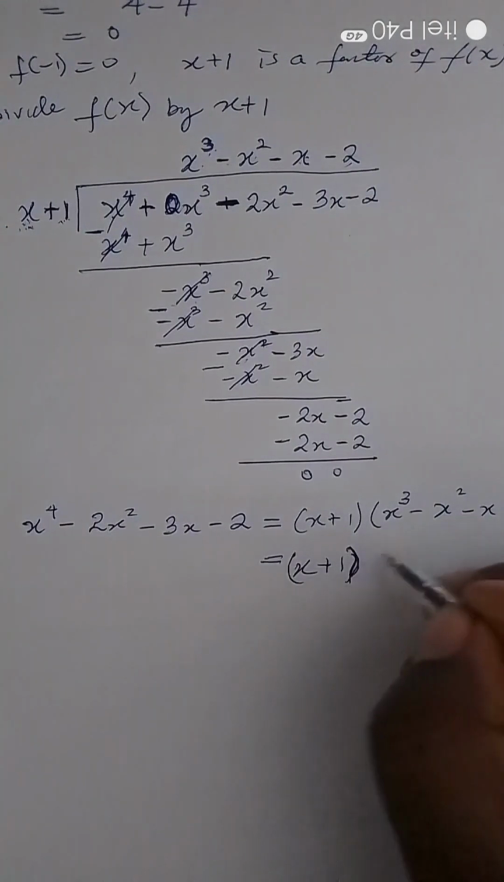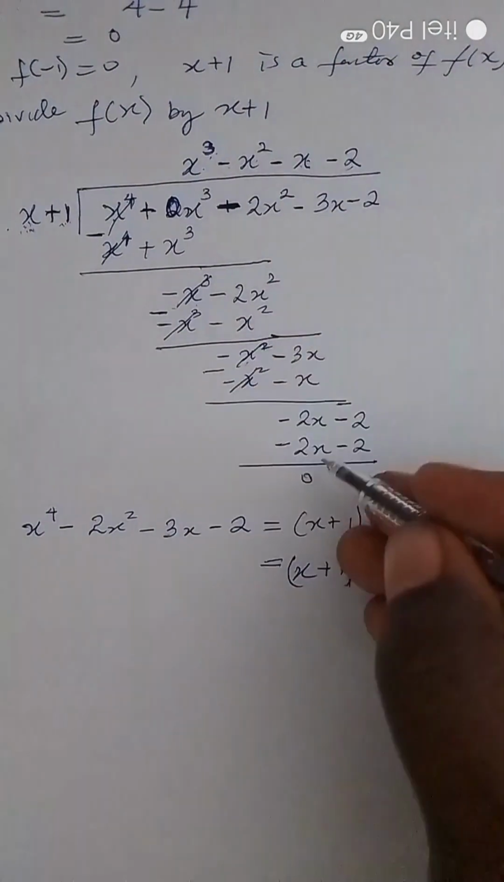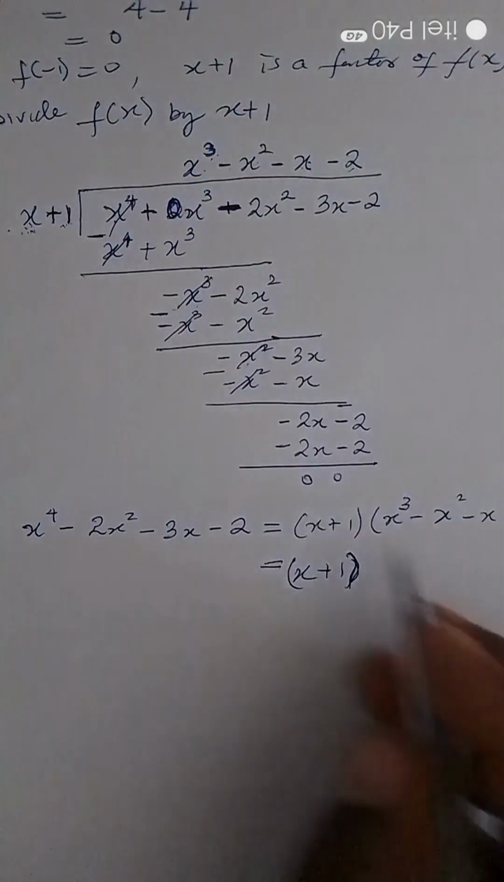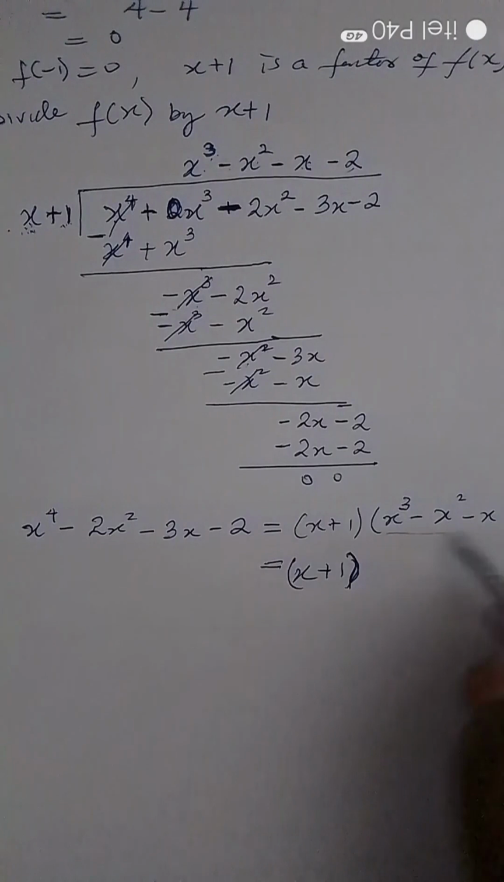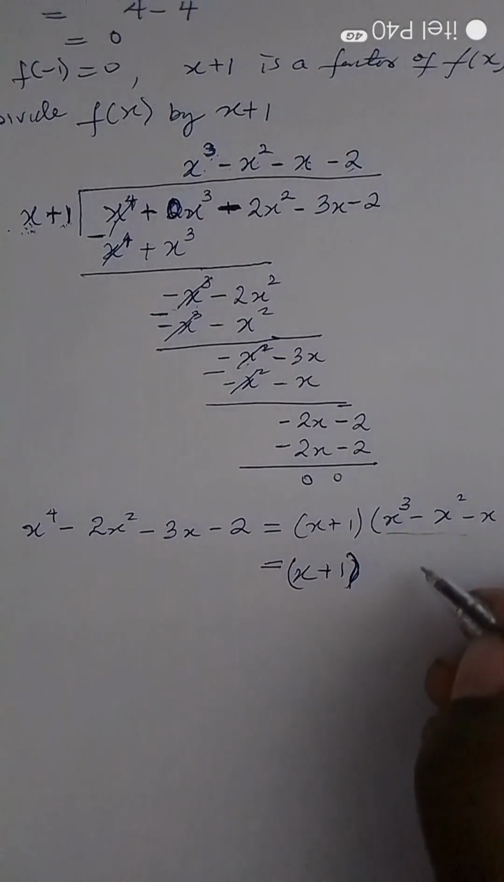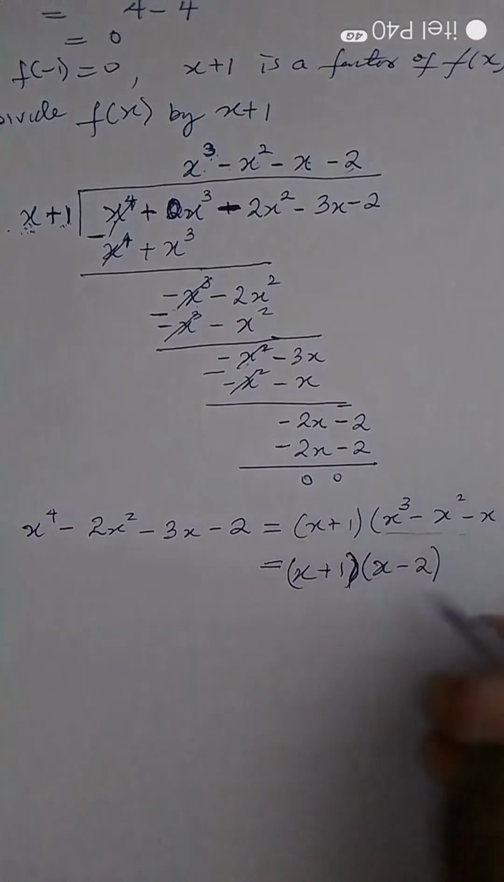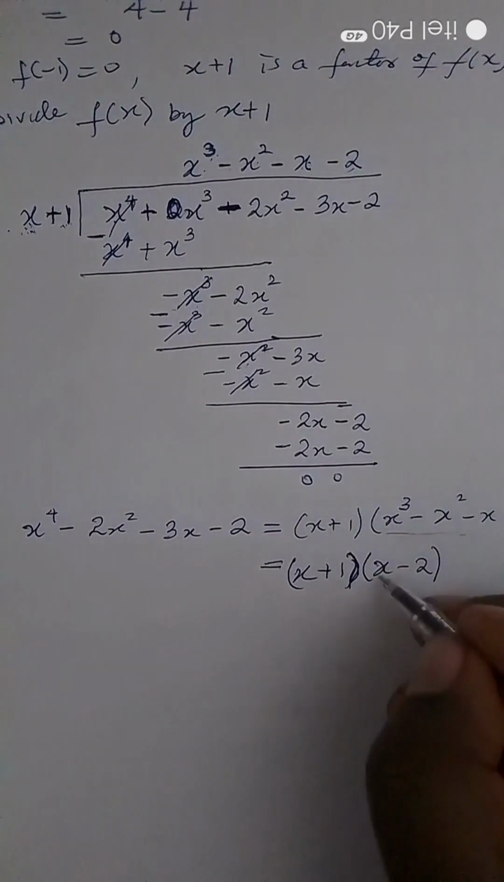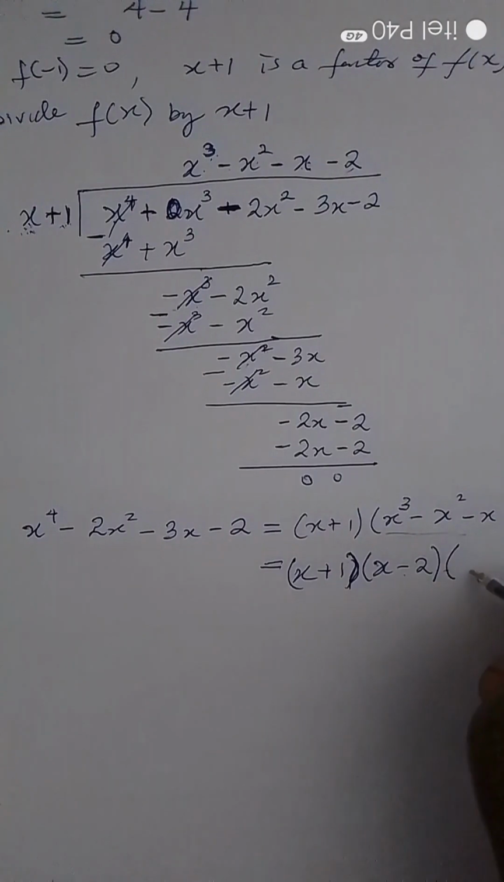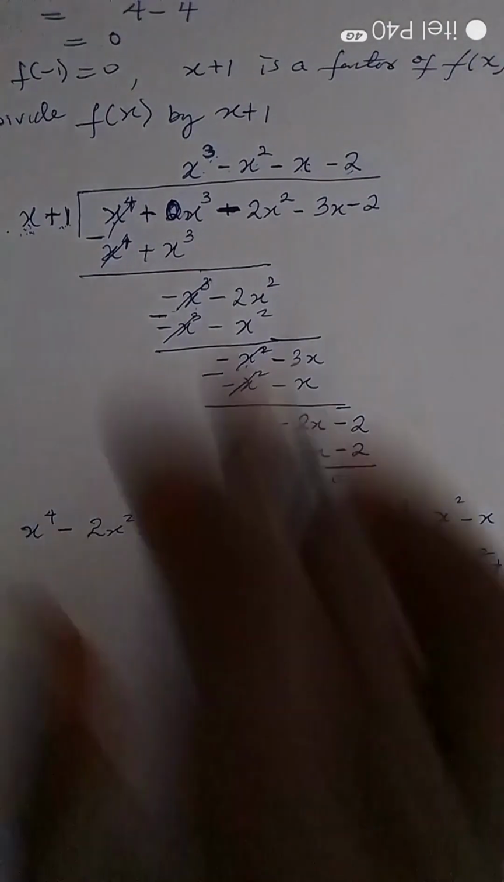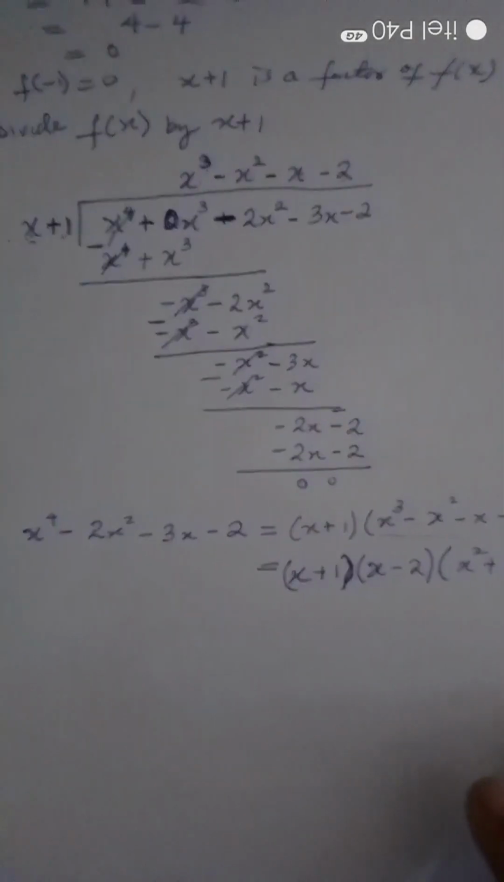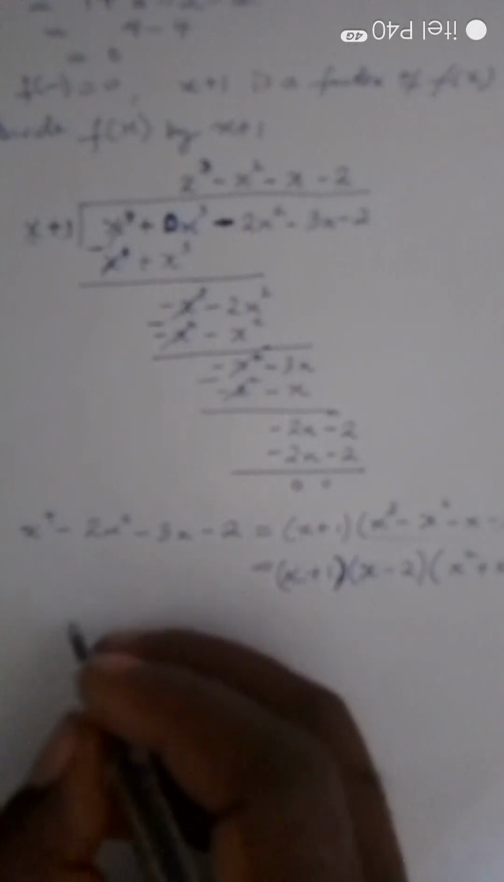This time I use the same method to determine the zeros of this cubic polynomial. I discovered that x minus 2 is also a factor, and factorizing this will give me x minus 2 times x squared plus x plus 1, using the same method I applied here. So at the end of the day, we can now confidently say that